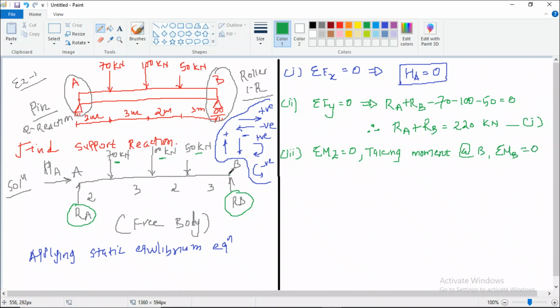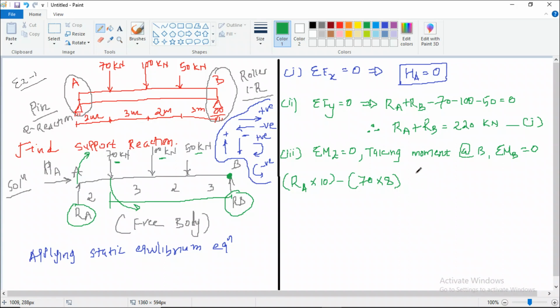So from this point B we are going to take moment of all the forces which are there on the left hand side. Moment is calculated by force multiplied by distance. Starting from the extreme left hand side force, we will have Ra multiplied by perpendicular distance, which is 10. This will be rotating point B in the clockwise direction, so this will be positive. Then second will be 70 multiplied by perpendicular distance, from this point up to Rb, that is 8. So 70 multiplied by 8 will be going anti-clockwise, so that's why negative.